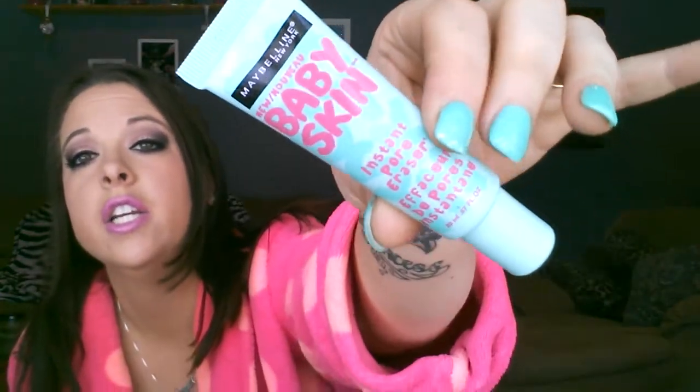But this Maybelline New York Baby Skin Instant Pore Eraser is, to me, hands down, the best primer I've ever found. It doesn't erase my pores, and it doesn't do everything it claims to do. But it's only $5.99 at Walmart, and it's smooth, and it makes my makeup last so much longer than